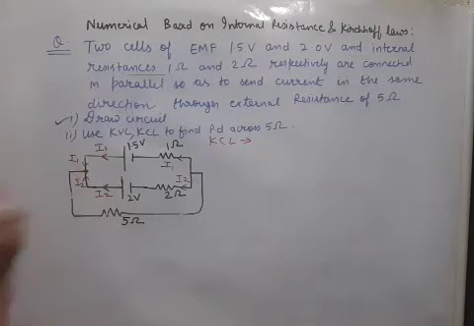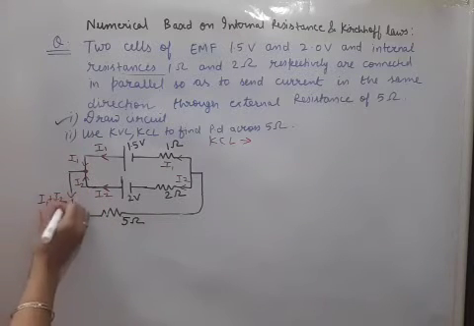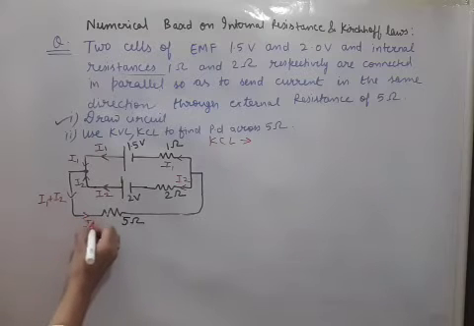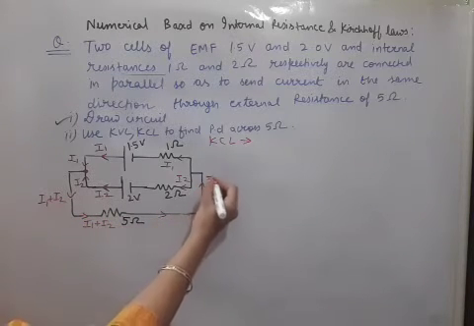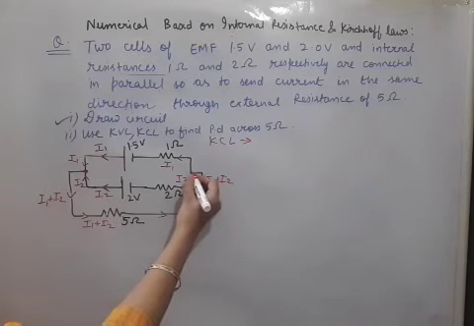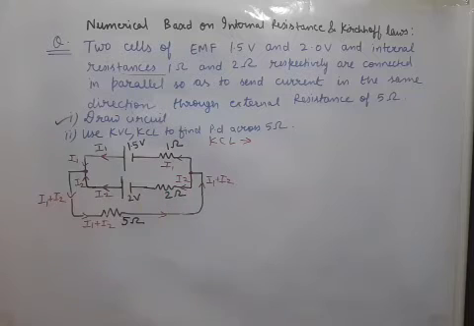Then here at the junction, I1 and I2 both are coming, so they will get added and move as I1 plus I2. So I1 plus I2 is flowing through this resistance and then it is till here I1 plus I2. Then after reaching here, I1 part will go there and I2 part will go there. So this is the proper KCL applied. After that now we have to apply KVL so that we can make the equations and we can solve the equations for finding the unknowns.